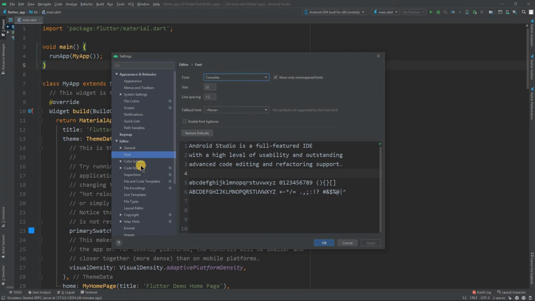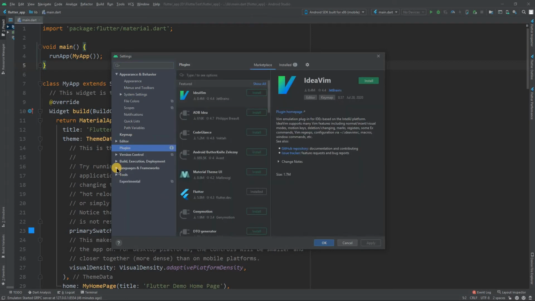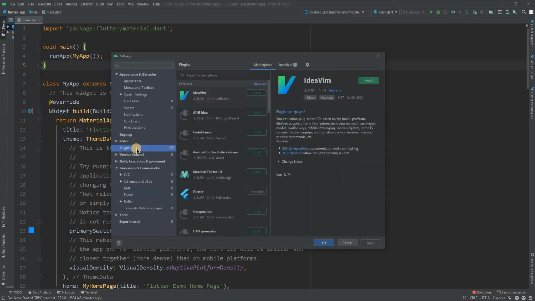After doing these two things, something about the behavior of Android Studio I should tell you. Go to the Languages and Frameworks section, and there you can find Flutter. It is here because we have installed the Flutter plugin.